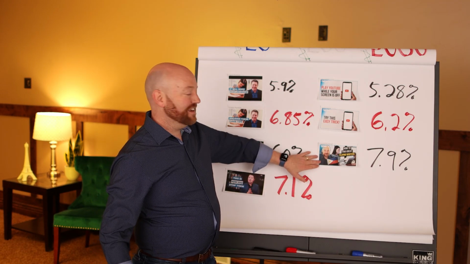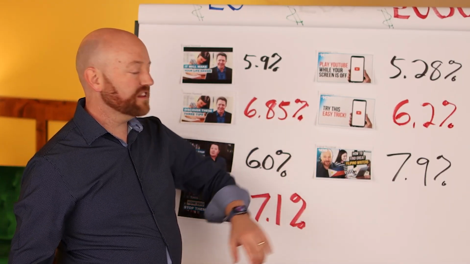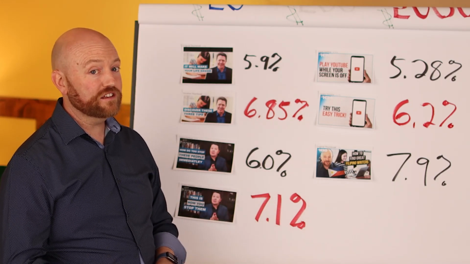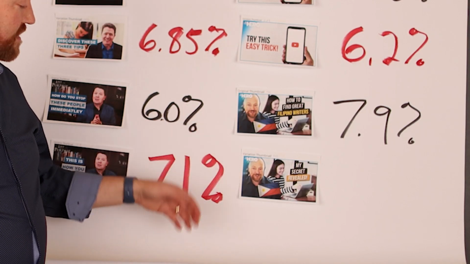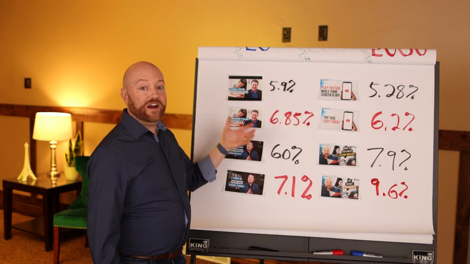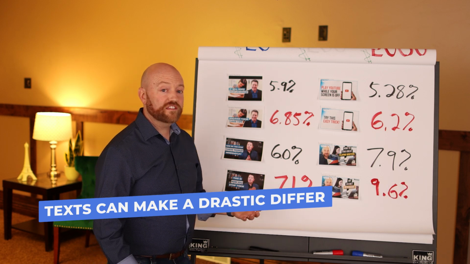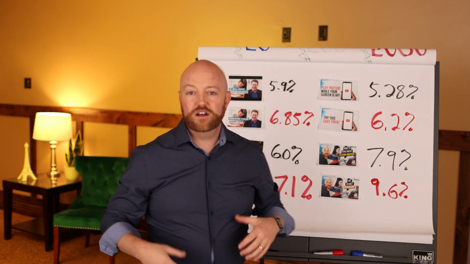Now my last one, it's performing pretty well, 7.9%. But I did notice that there were 6 words there, and it is kind of descriptive, kind of similar to what the title is, which we try and avoid. So we created this variation, My Secret Revealed, and we actually got a 9.6. So these are just examples of how text can make a drastic difference in the click-through rate on the thumbnail. And hopefully this is a good illustration of doing A/B tests where you can compare 2 thumbnails side by side and see which one performs better.